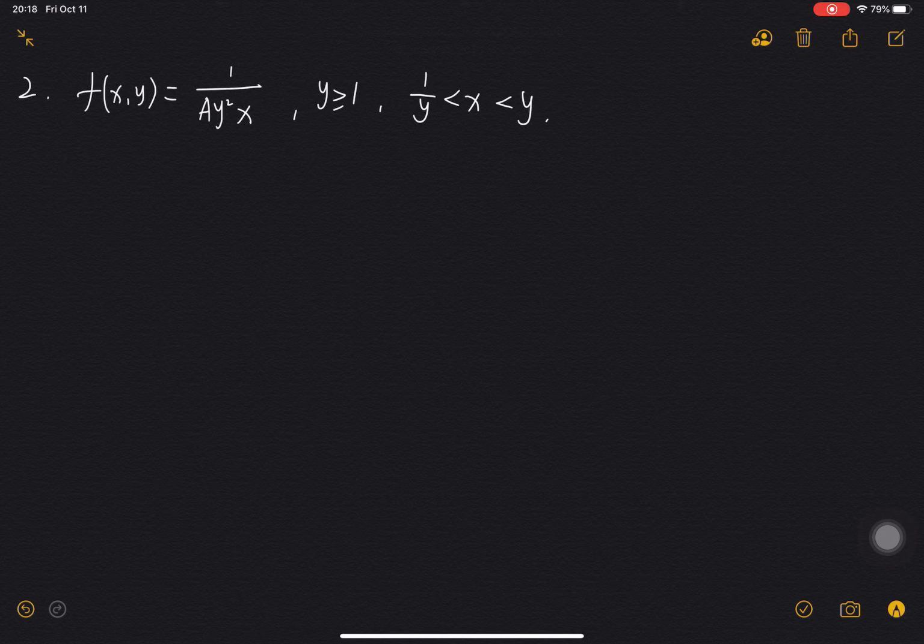Alright, for the next part of video homework, let's talk about problem 2. In problem 2, we have a joint density function as f(x,y) equals 1 over a y to 2x. And we know that y is larger than 1 and x is larger than 1 over y and smaller than y. So for the first question, we need to draw the definition region of